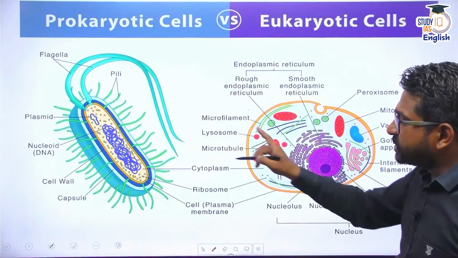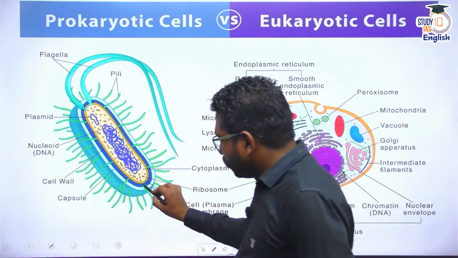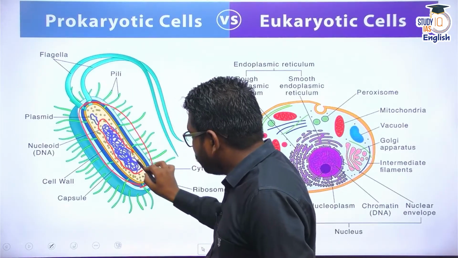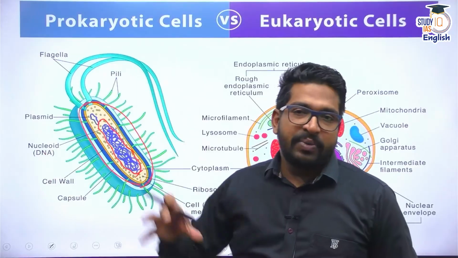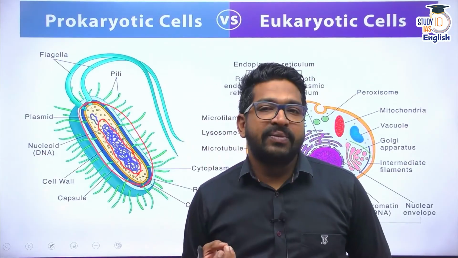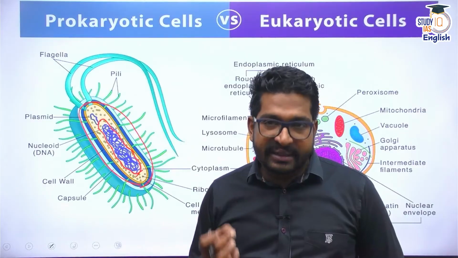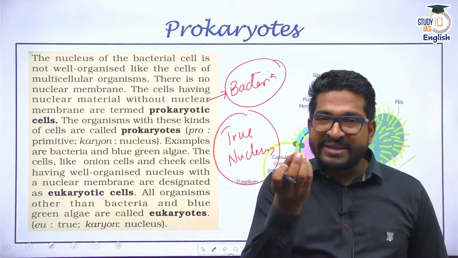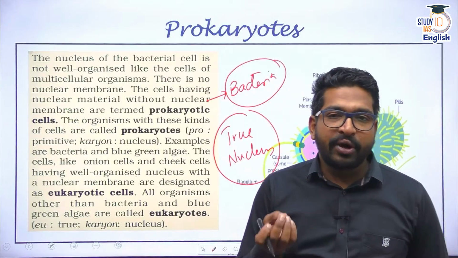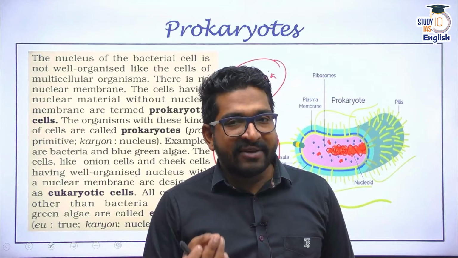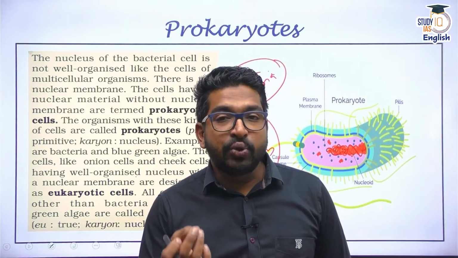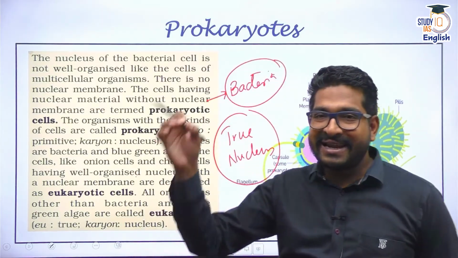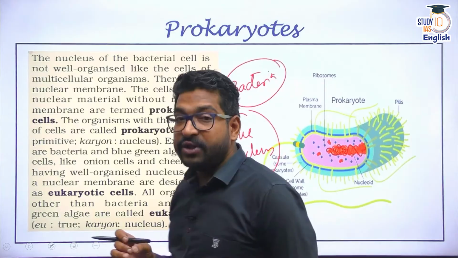You can see the structure of a prokaryote is something like this, where they do have a cell wall and a cell membrane, but their nuclear material is spread throughout the cytoplasm. It does not have any outer covering. It does not have a nuclear membrane. That is why, whenever a question arises about the meaning of prokaryote: karyo means nucleus. Prokaryotic organisms are those which do not have a well-developed nucleus, which do not have a nuclear membrane. The nuclear material or the chromosomes are spread throughout the cell in the cytoplasm. That is the meaning of a prokaryotic cell.